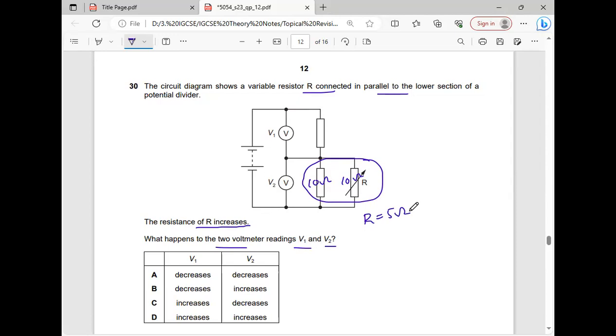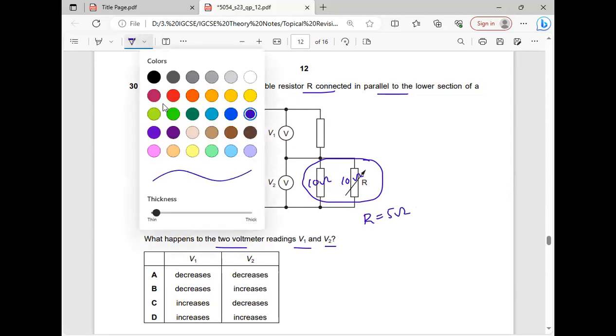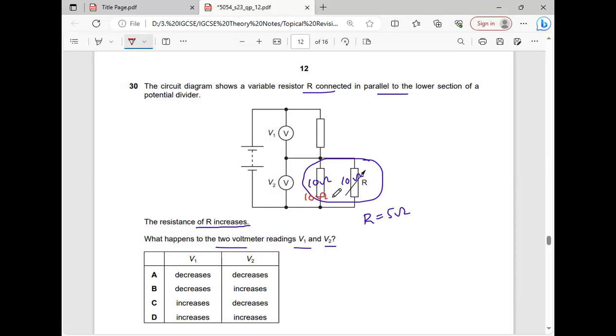Now the value of the variable resistor has increased. It remained 10 ohm, and let's suppose it becomes 20 ohm. So when it is 20 ohm, the overall resistance of the parallel combination will be around 6.6 ohm, when we apply the formula 1 over R is equal to 1 over R1 plus 1 over R2. Now resistance has increased for this combination,